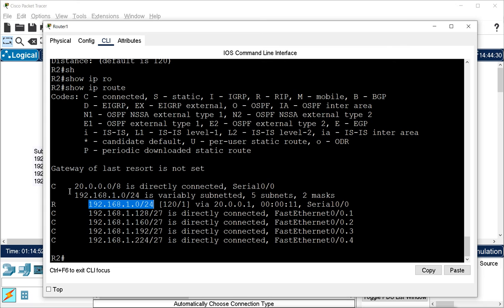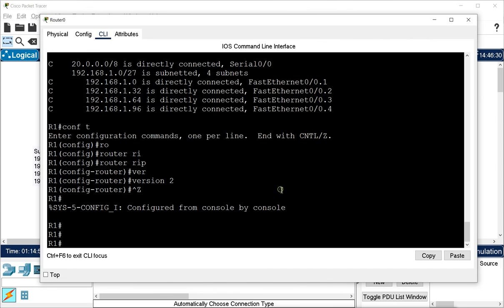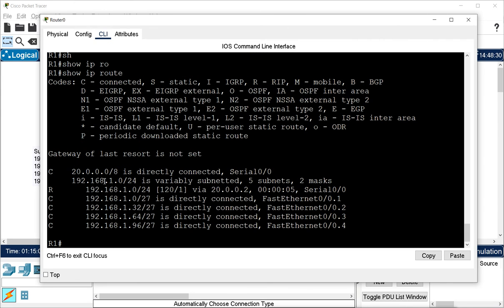Now we'll try to ping it, and the same for router 1 also. Now we'll check show IP route. Now it also knows from RIP about the other network, but it is also not knowing about the whole network. It is not knowing about the subnet. It is getting the single network there. What it is showing here on both the routers is that the whole 192.168 network is there.